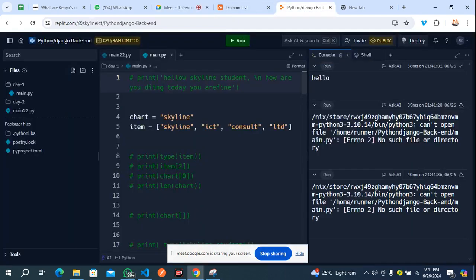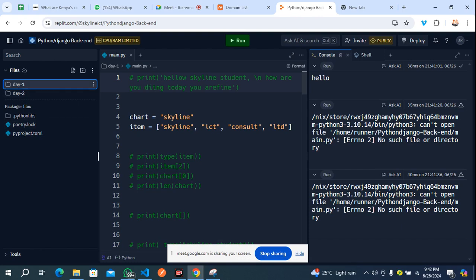Okay, let's go back. If you come here to run this particular file again, it will not run. So it is very important you follow a particular pattern, and when you follow that pattern, you are good to go. Yeah, you can create as many folders as you want, but when you are done writing, you can simply move the file to this day 2. Then if you click on here, this file is now in day 2. Here we have the day 1 file.